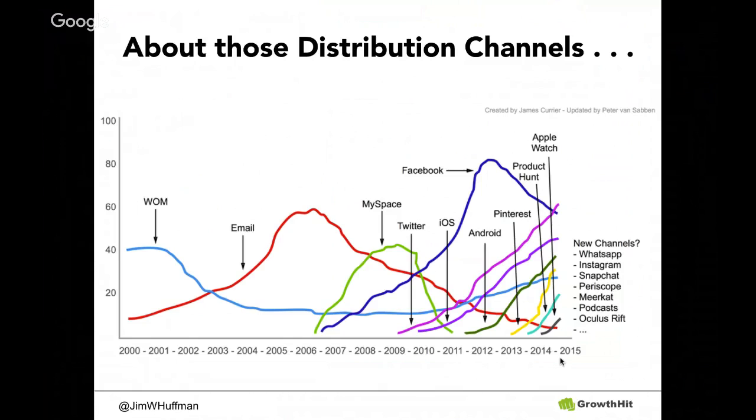And then as we look at Facebook kind of on the rise from 2008 to 2013, you have companies like BuzzFeed and Upworthy that were able to ride the wave of those distribution channels. So as we're building out our marketing plan, you really want to think, okay, if I'm focusing on Facebook or Pinterest or some new emerging channel, where is it at in its life cycle? Because if it's early on, it might be more important to focus on speed and being kind of a leader in that space. But if it's a more saturated channel, like maybe Pinterest or Facebook, you might want to lean more on quality of content rather than being a first user or mover in that space.